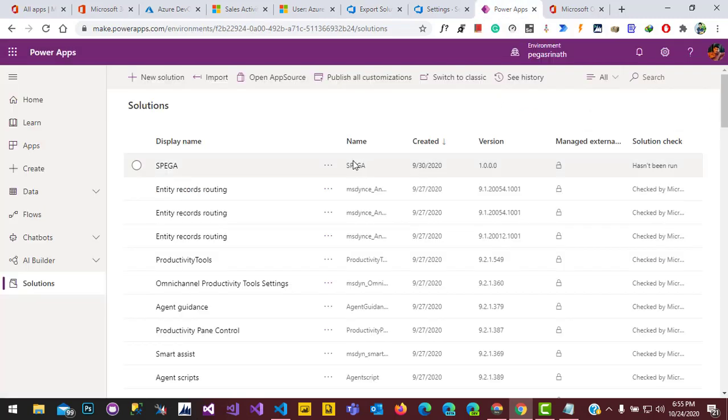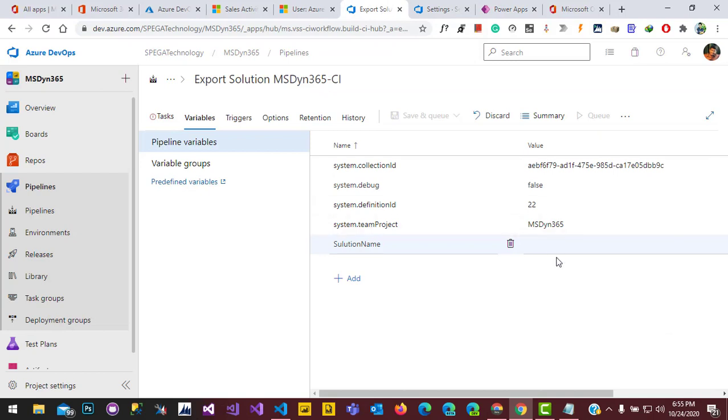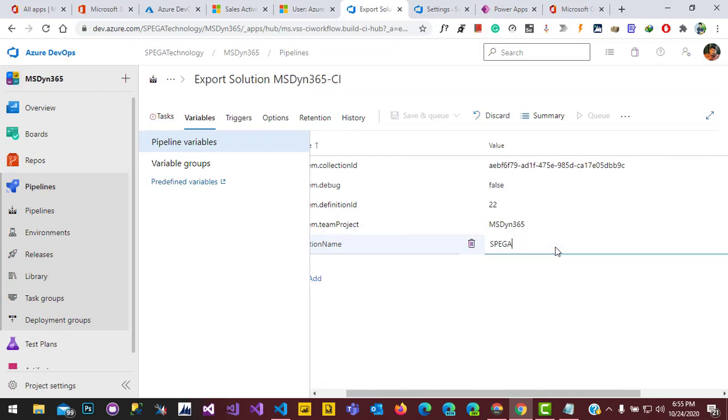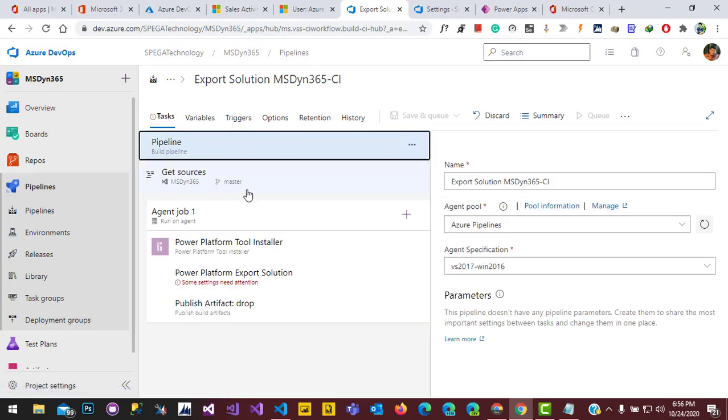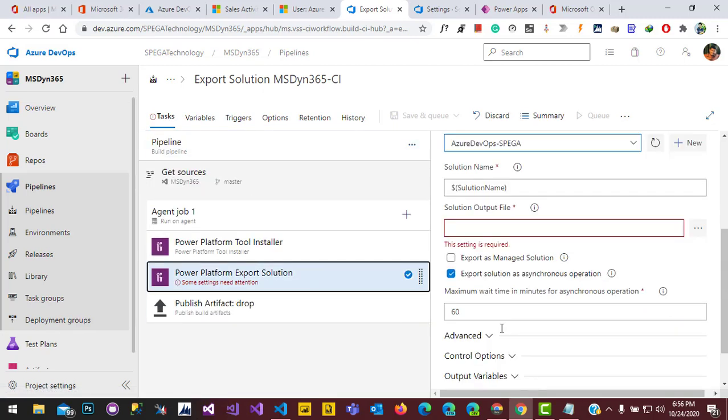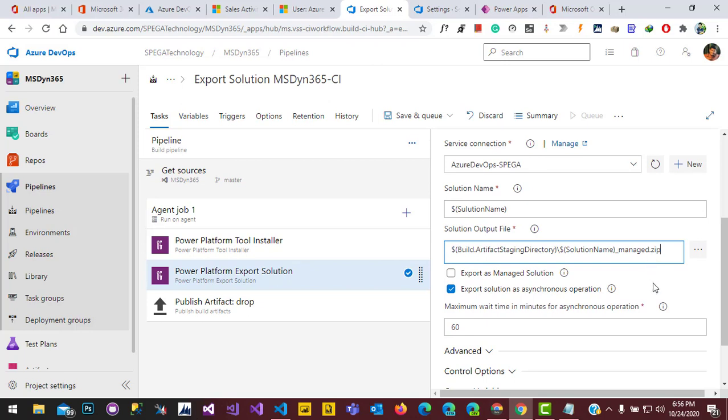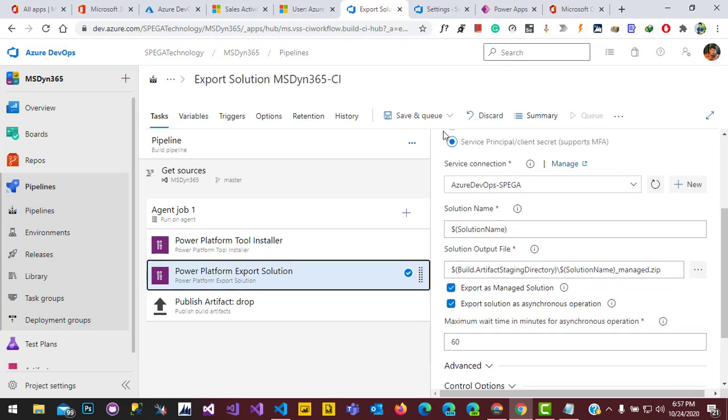Go to Power Apps, and this is the solution. Just copy the name of this solution, paste here, go to our pipeline task, and it's asking for the directory where the solution is to be exported, so I will give that directory. Yeah, this is the directory to export our solution as managed, so click on export as managed. Yeah, that's it. Click on save.